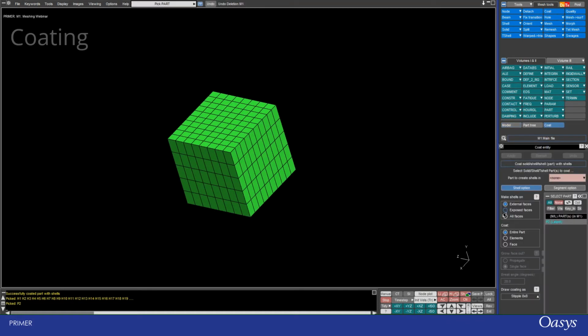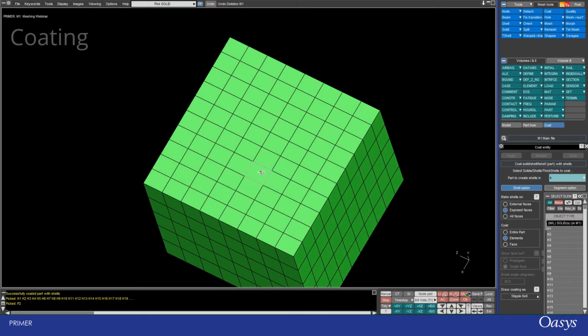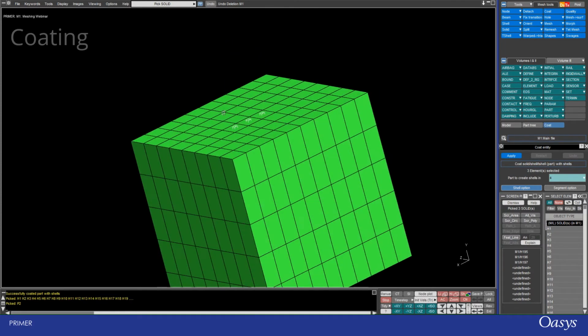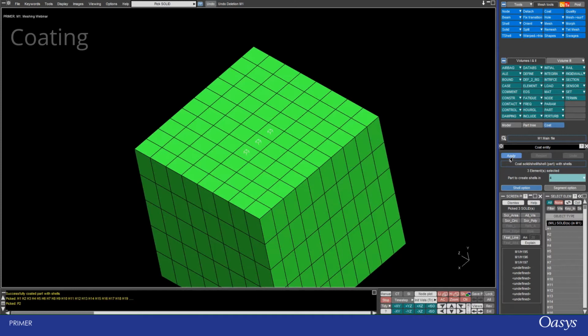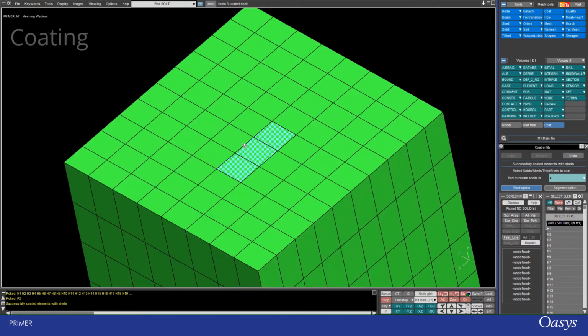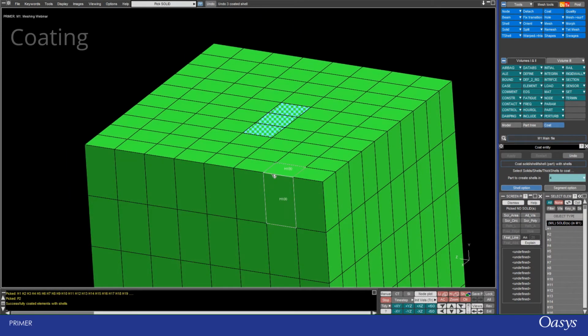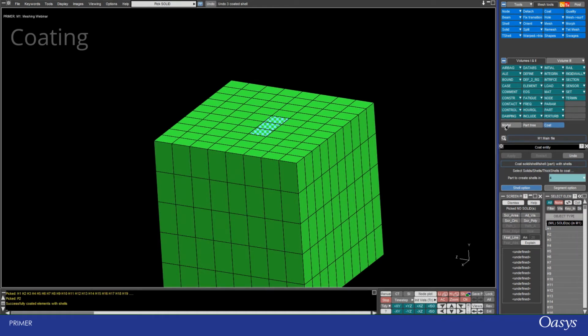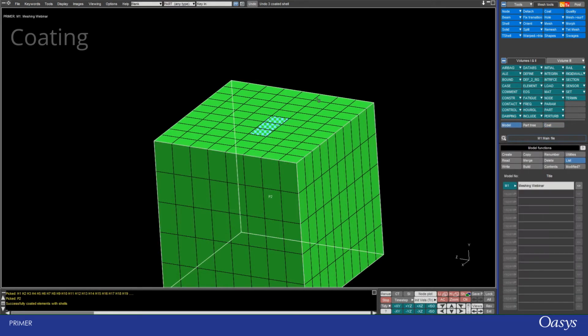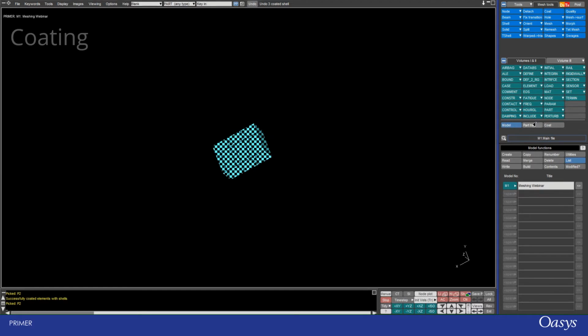So next, I'm now going to look at exposed faces. And for this one, I'm just going to select some specific elements. Again, just assigning a part here. And I'm going to select some solids. So I'll just click on some solids, and we'll see what effect this has. So when I click apply, you could see for a split second that it made the shells around the whole of those elements selected. So if I just blank this part here and close this down, you can see that